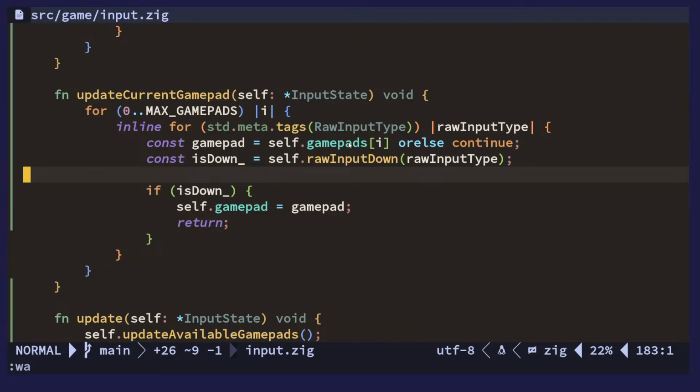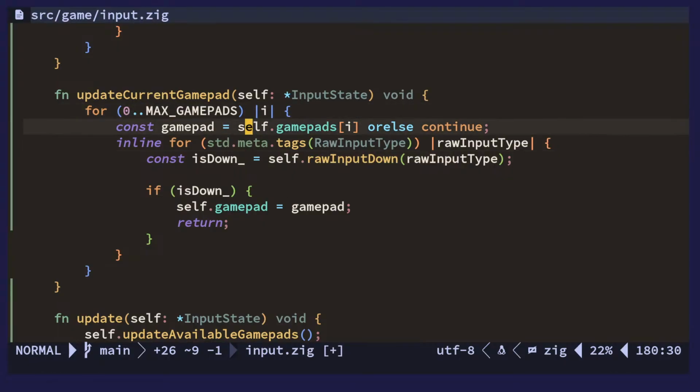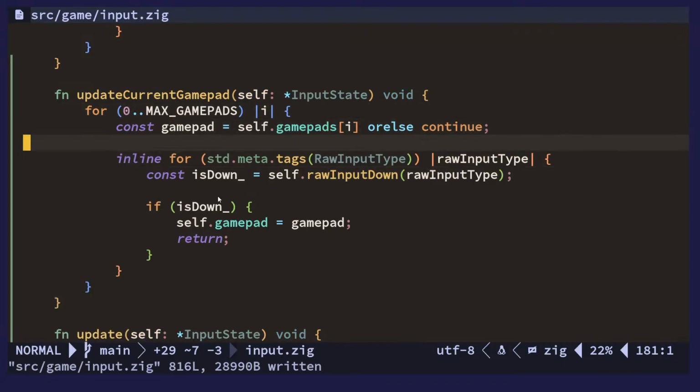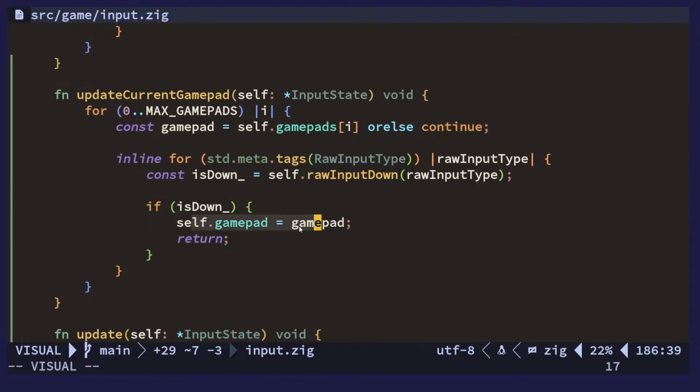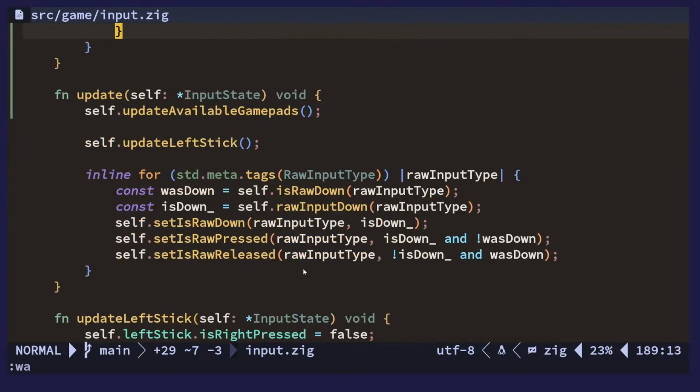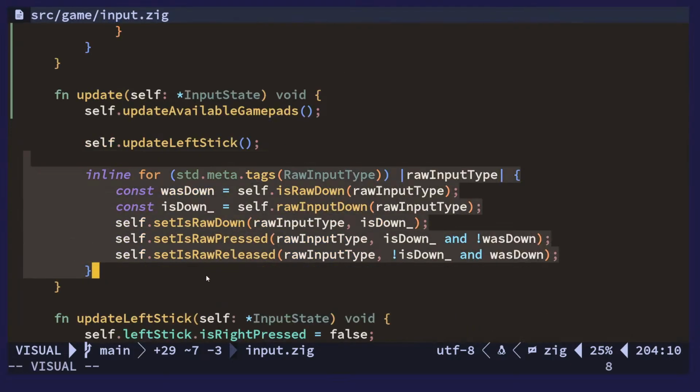So we're looping through all the connected gamepads. We're looking if any of the inputs are down. If they are, we'll detect that you're trying to use this controller, so let's switch to that controller, and then we return. Now it does mean that we have to do this several times, but